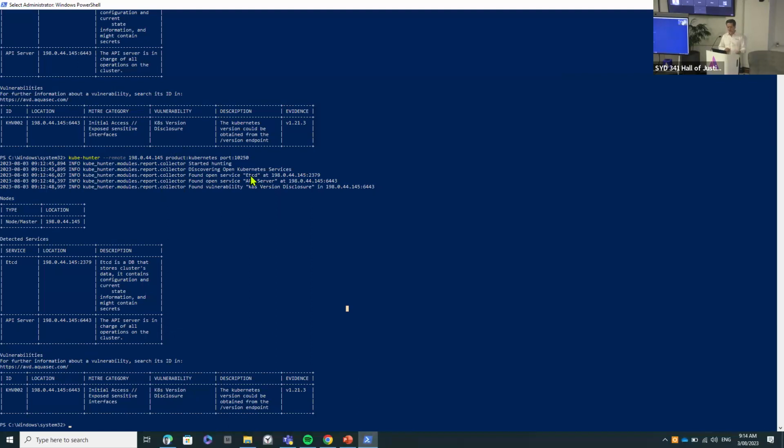Normally what you would find is that once you query the Kubernetes APIs and they respond to you with a version or with access denied, it means you're already halfway through, because from there, a brute force attack is not really a big brainer. There are so many tools out there that will get you in.